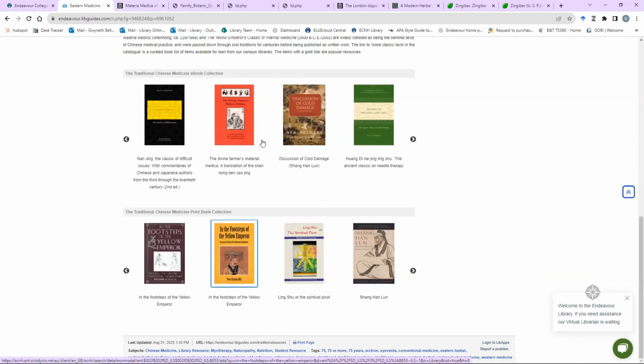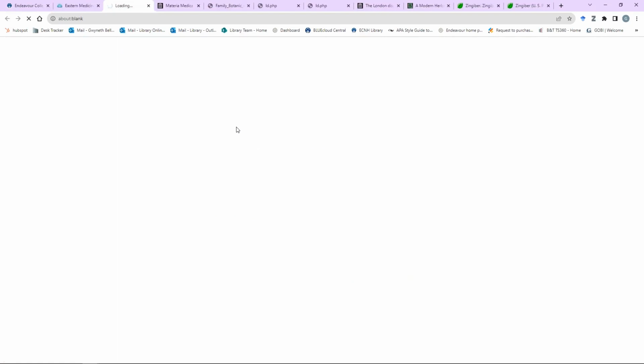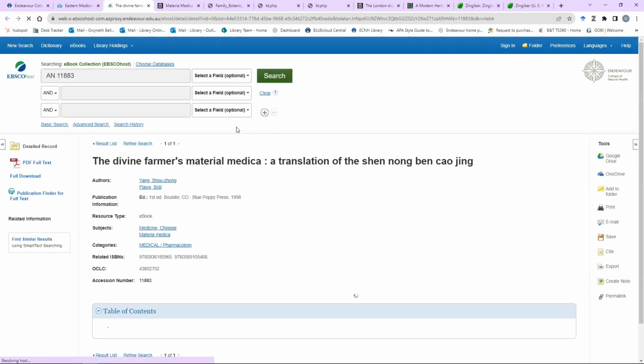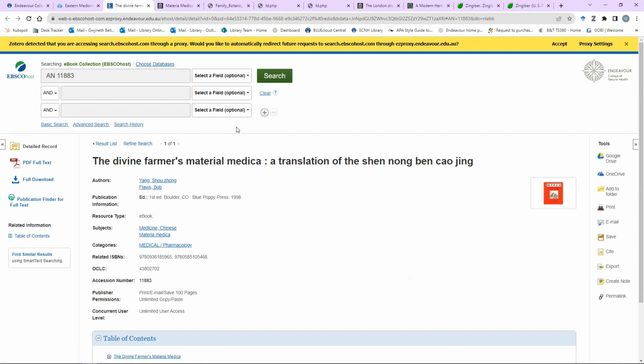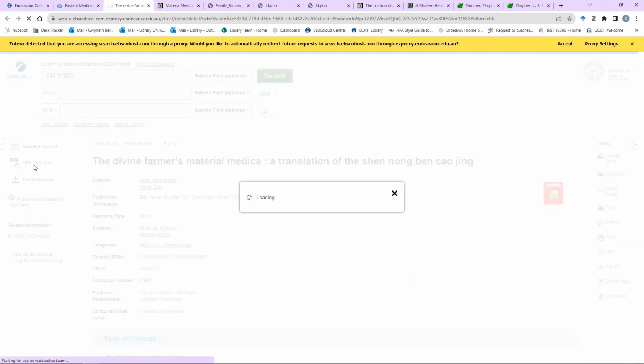Now I'm going to show you one of the Chinese medicine ebooks. So the Divine Farmers Materia Medica is available through one of our library subscription databases. So this is why it looks like this. And if we click on the full PDF text,